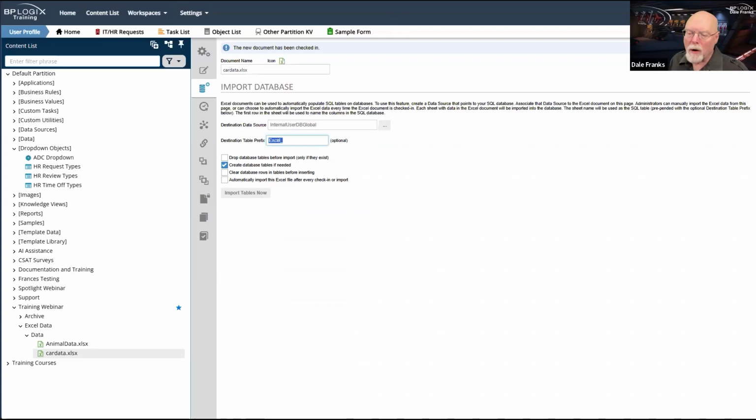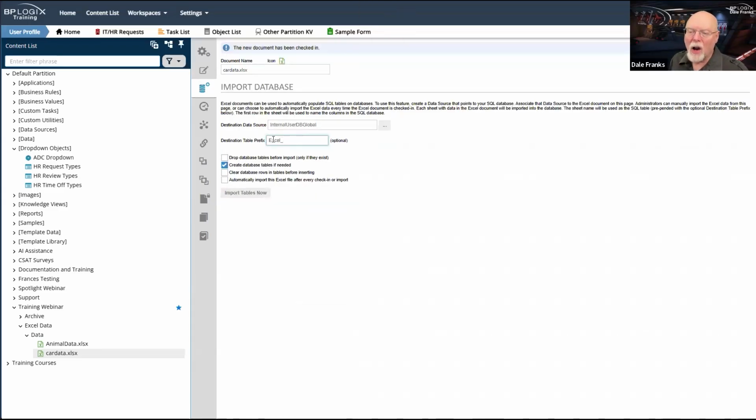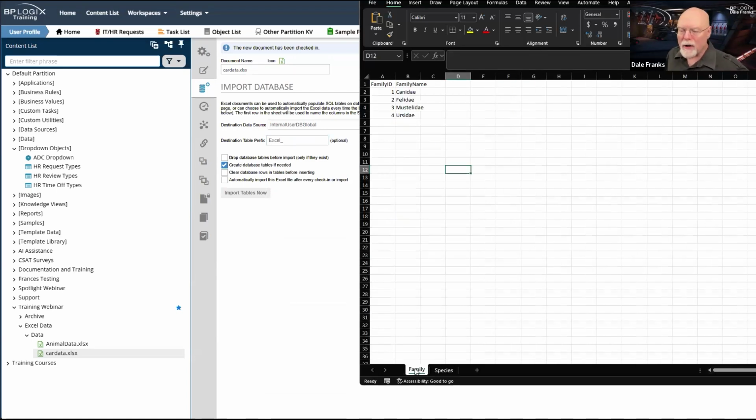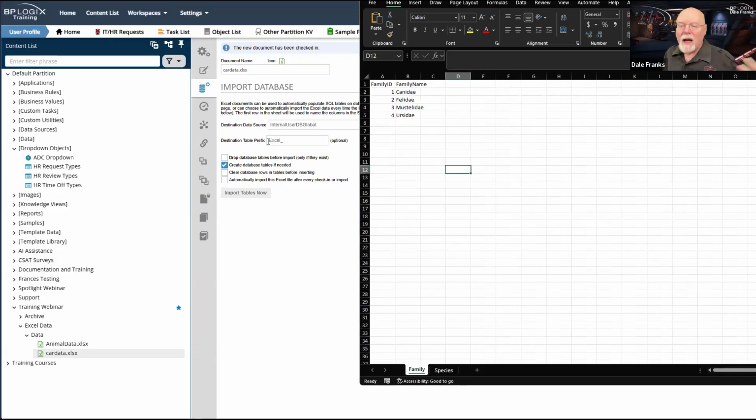So when I import this worksheet, if I have Excel underscore as the destination table prefix, then I'm going to have two tables, one called Excel underscore family, and another called Excel underscore species. So just keep in mind that this prefix is going to be appended before the name of the worksheet. Excel is the default.